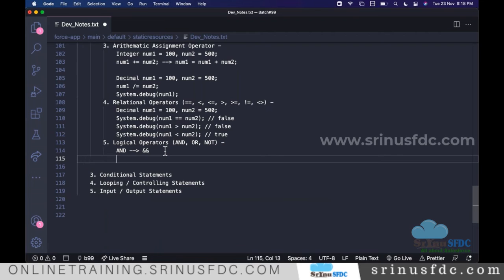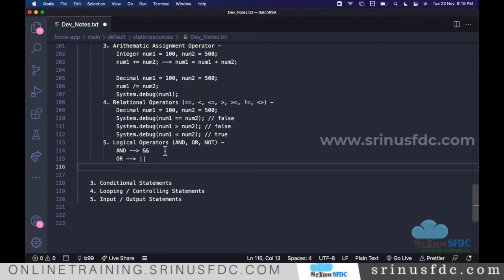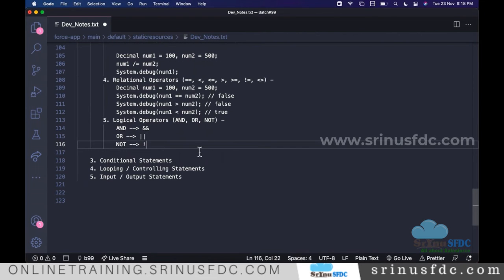Or instead of typing OR, we give 2 pipe symbols. Not means reverse, and we give the exclamation symbol. This is what we give. So maybe for you to understand this one.